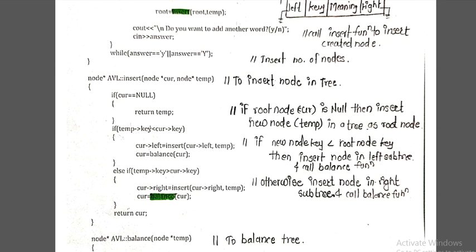The key of the current node is checked with temp. If temp has a key less than the current node, then you apply the insert operation on the left side, because the AVL tree concept is the same as a binary search tree. The nodes which are less than the root node will be on the left, and the nodes which are greater than the root node will be on the right side. We maintain the same concept here, and if it is less we insert it on the left side. After inserting, we need to balance the tree, because in an AVL tree we are always balancing the tree. That's why we call the balance function here.